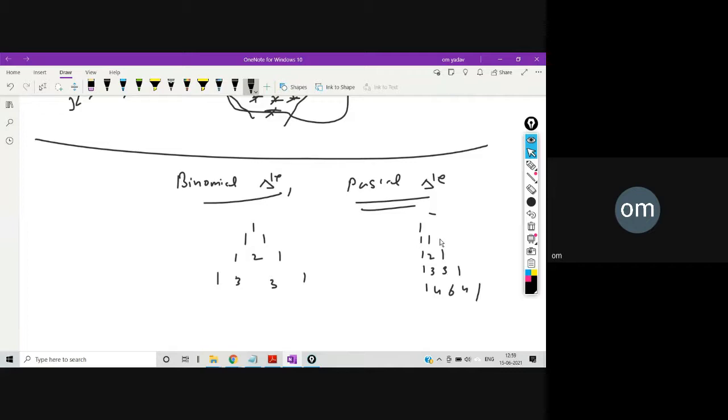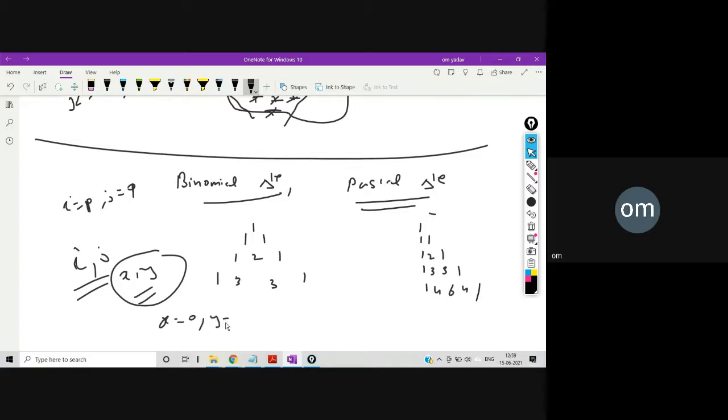Okay. So remember in this particular Pascal or binomial triangle, in place of i and j, I'm going to use x and y, so that you will remember, right? In every pattern, I was starting from i equal to 1, j equal to 1. Here I'll start from x equal to 0, y equal to 0. And here, these are the binomial triangle, Pascal triangle coefficients. So here I'll calculate the coefficient value.